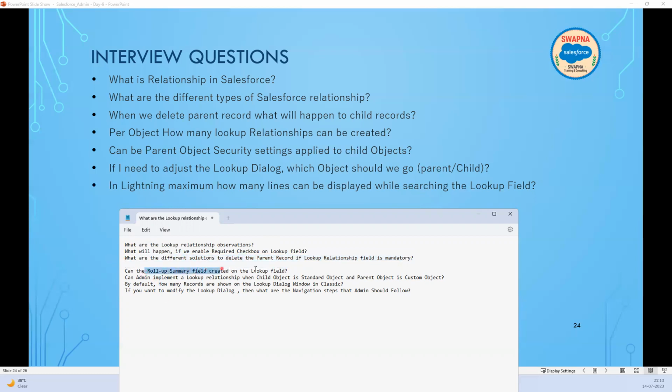Can a roll-up summary field be created on the lookup field? Can an admin implement a lookup relationship when the child object is a standard object and the parent object is a custom object? If you want to modify the lookup,